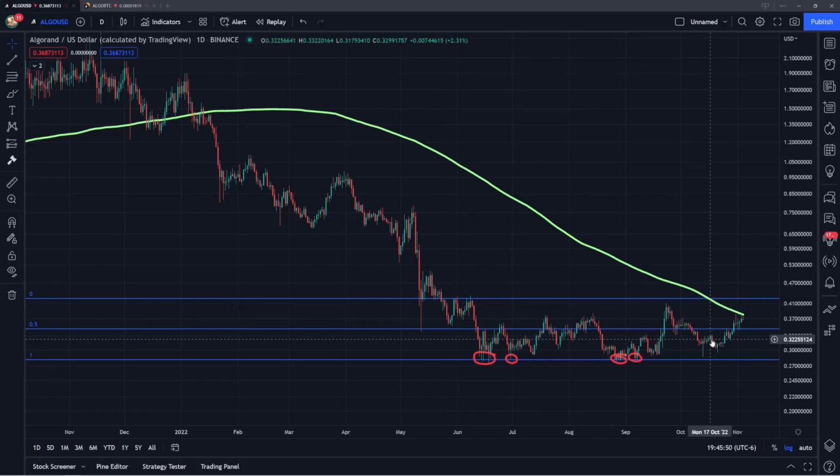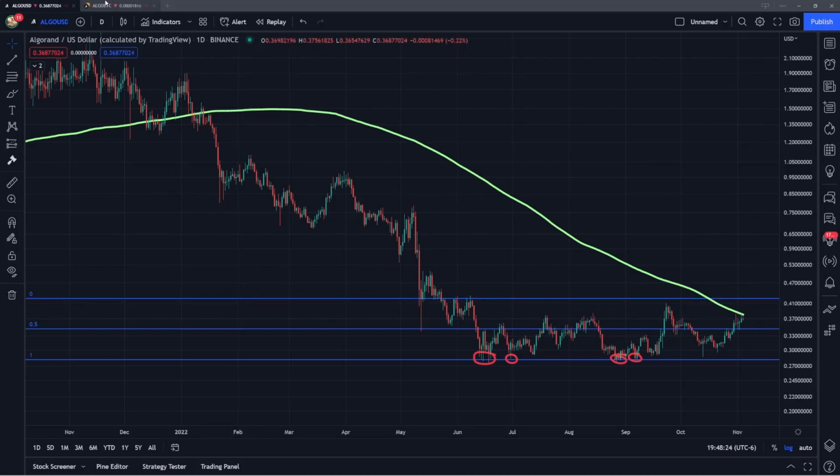So any break either to the downside if we have that rejection or to the upside if we can reclaim this moving average, either way, if we do break out of this range, it will represent a very significant move and it would break this consolidation. So that is definitely something I'm going to be paying attention to in the next few weeks and the next few months, with again the longer term support coming in right around 28 cents and then the resistance off that 200-day average, again around 38 cents, and then the range highs around 42 cents.